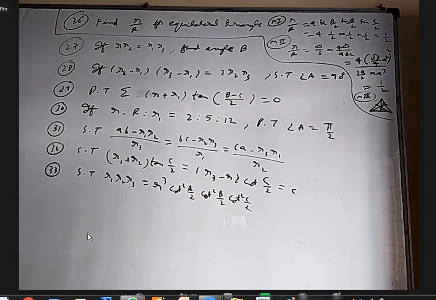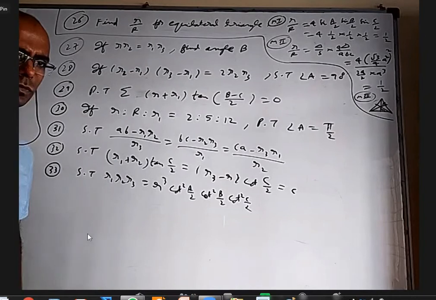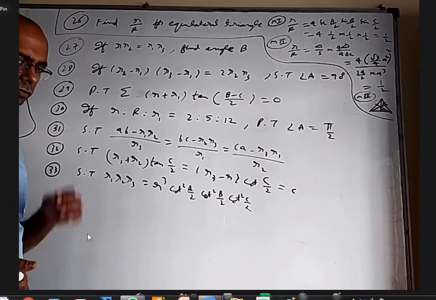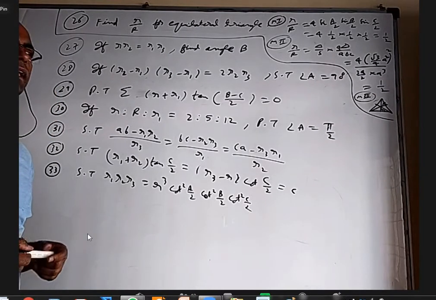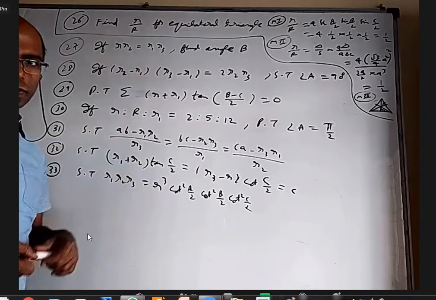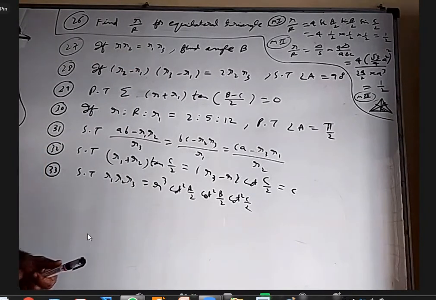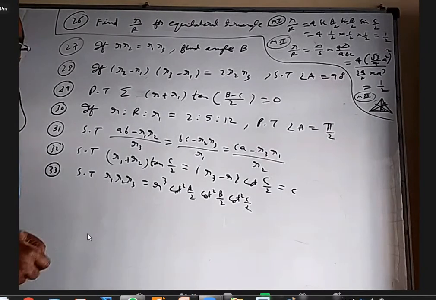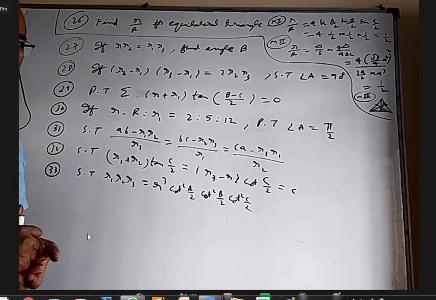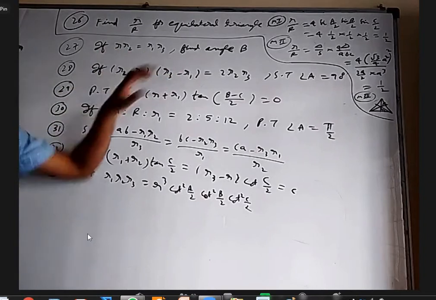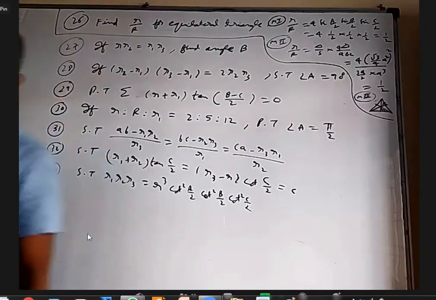Okay, 27. Anybody want to say anything? How to do it? Delta by S into delta by S minus B equals to, if we substitute that, we will get tan B by 2, we'll get tan square B by 2. I think we've done this question yesterday. Still, I gave this once again. Somebody said tan B by 2, somebody said tan square B by 2 also. That's good. The reason I gave this is, if you remember delta by S, you want to use it. If you write 4R sin A by 2 and all also, I think same thing should come. So 27 we've already done.